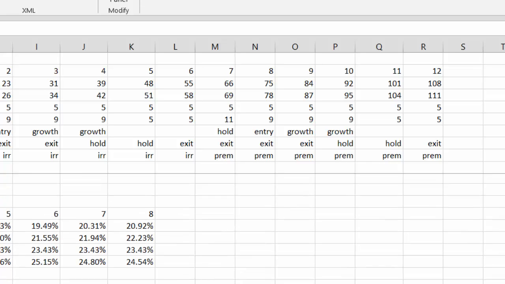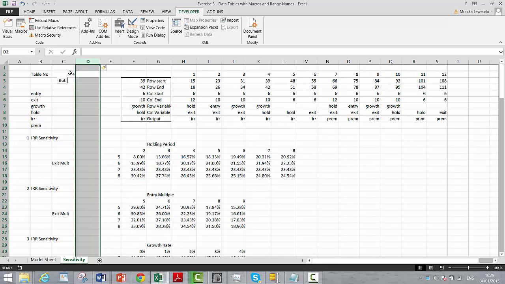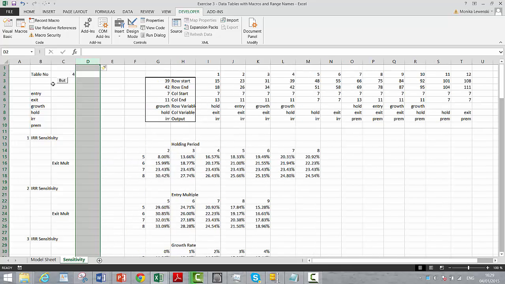But let's do something even better. What happens if we just want to make this a batch set where we run this from 1 to 12? Okay, so we could put, I suppose, where should we put this? We need a start and an end. Okay, why don't we insert a row here, and it doesn't matter now, this still works if I put table number 5